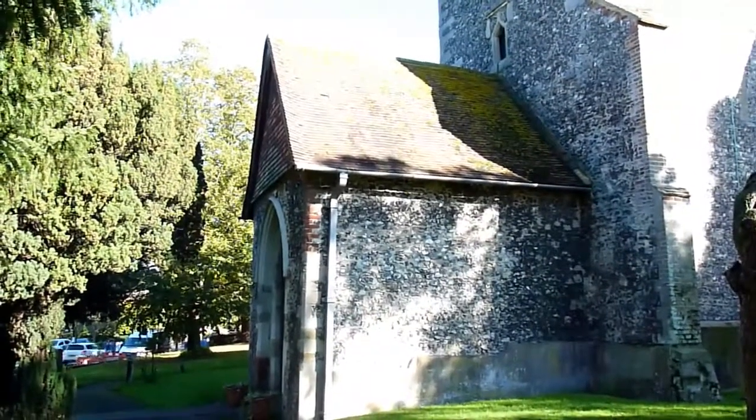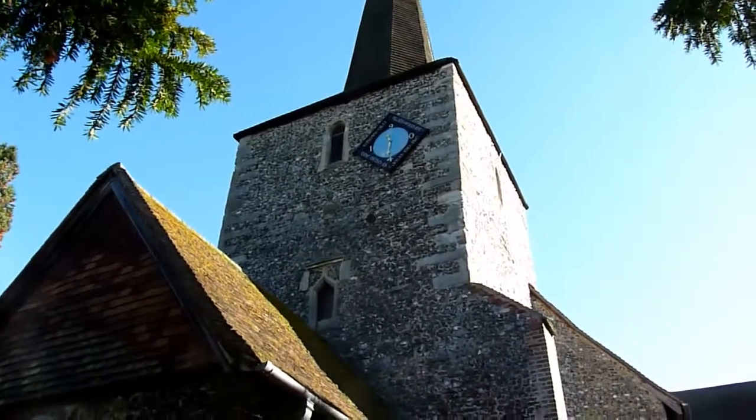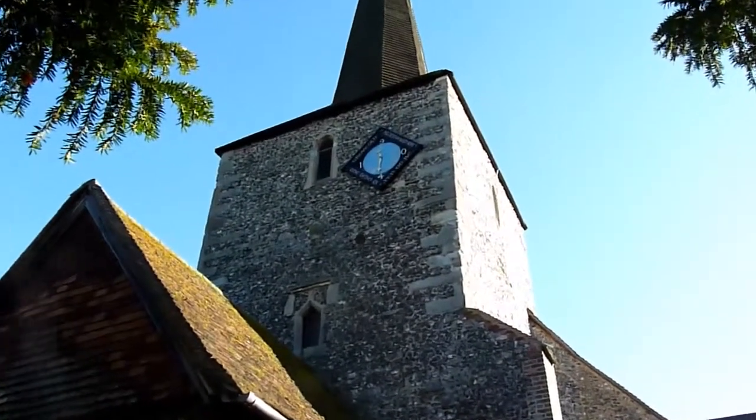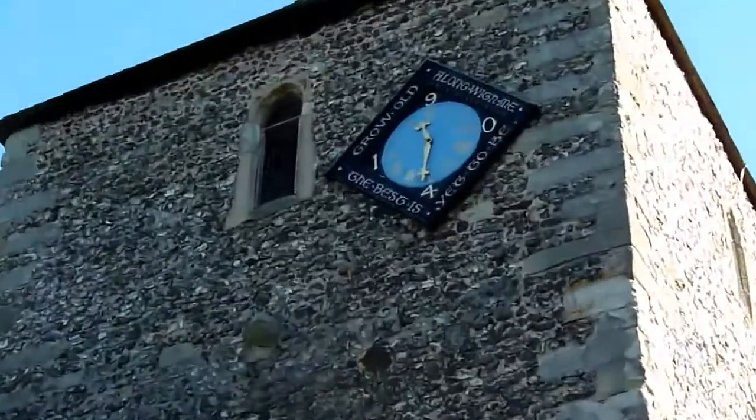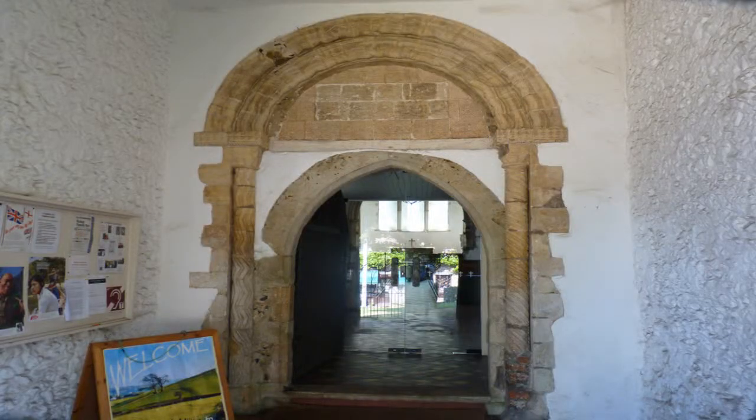The clock was repaired in 1904, and our friend Elliot Downes Till added the words of Robert Browning inscribed on the oak frame of the clock: "Grow old alone with me, the best is yet to be." And there we see the Norman arch, the original arch of the building, and just at the side there is the door, and that is a 12th century door